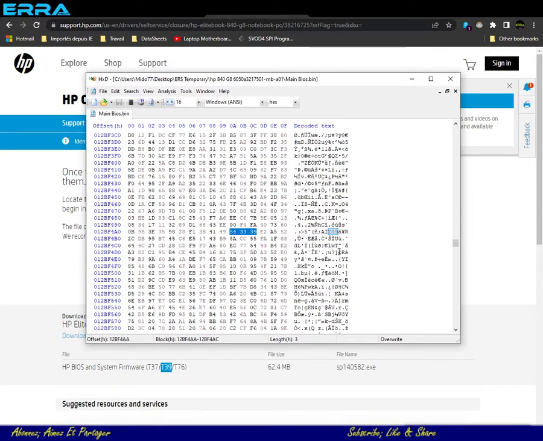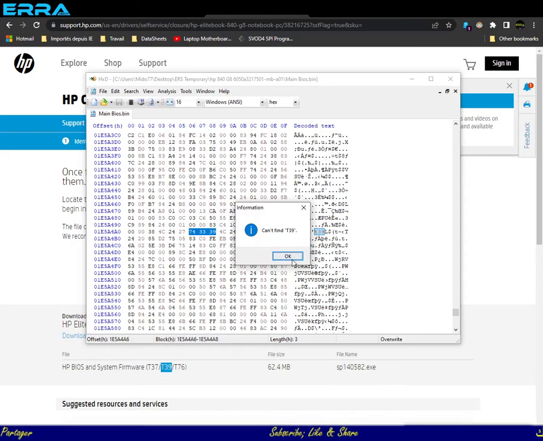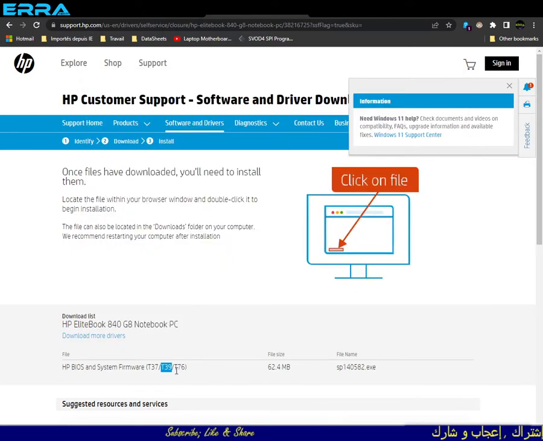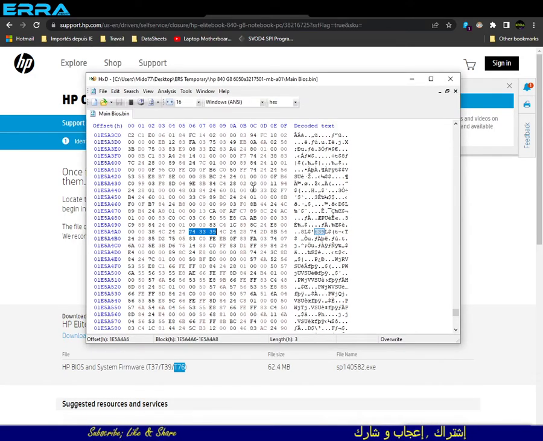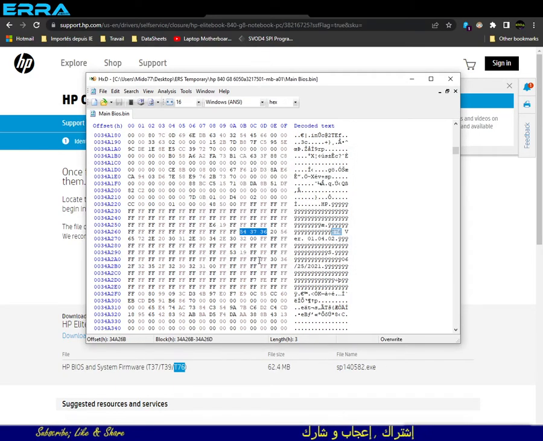We have a result, but it's not an accurate one. F3 on the keyboard, F3, F3 again. So no, no. We should get the number near something like version or something like that. So let's try the last one. Let's go here, Control F again, Control V, and okay. Yes, now we got something like, as I said,